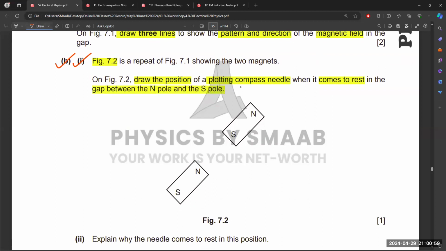So when we place a plotting compass in the gap between north and south pole, like at this point,